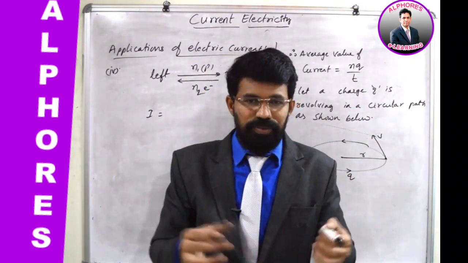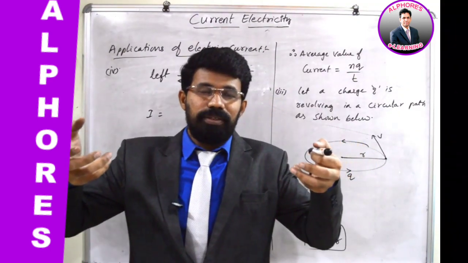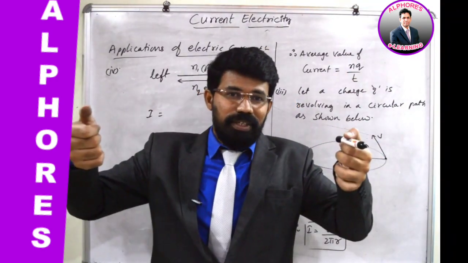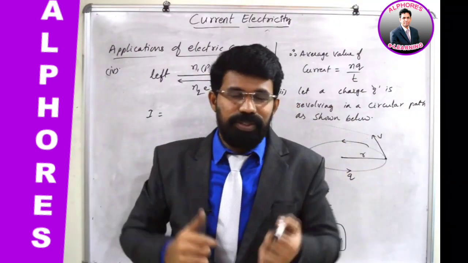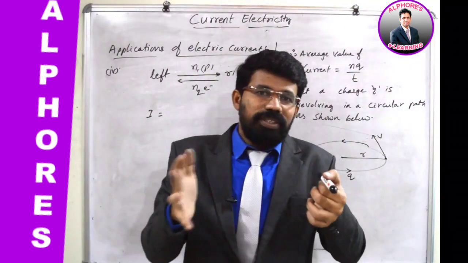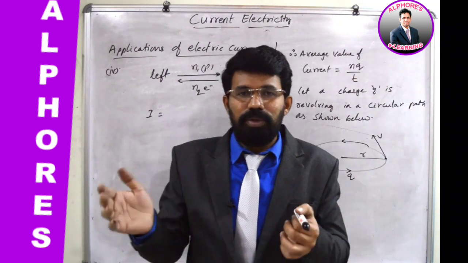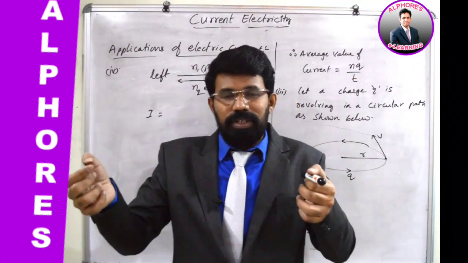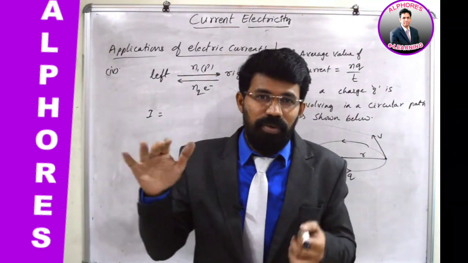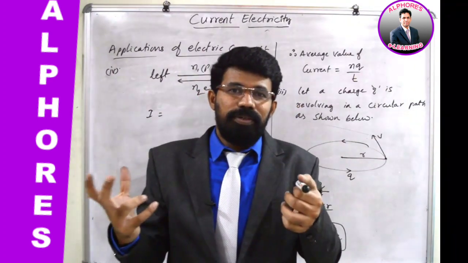We know this. For example, if you take two rods which are maintained at different potentials, it means potential difference is there, and they are not connected physically. Both are conducting rods only. Both are maintained at different potentials. The charge flow doesn't occur on its own, because in between these two rods, air is there. Air is a bad conductor, isn't it? So there won't be any flow. If you connect these two conductors with a metallic wire, what happens? There will be flow of charge from the high potential rod to the low potential rod, and this flow continues as long as the potential difference exists.